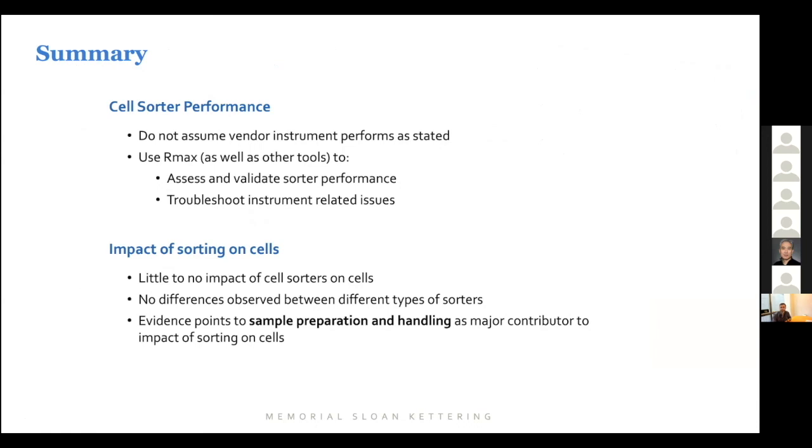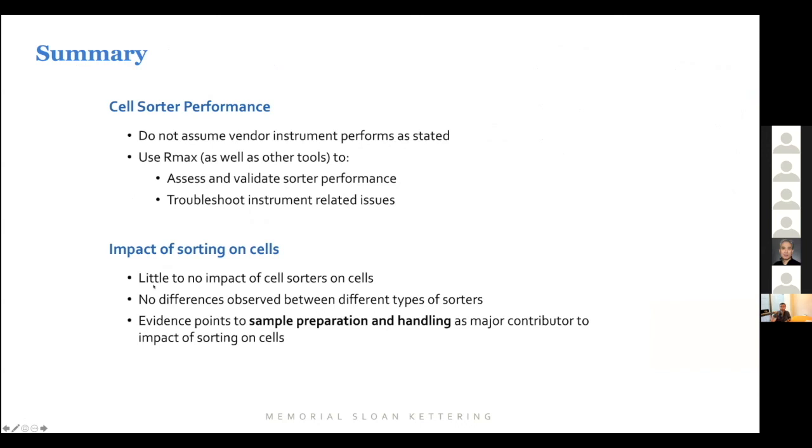Just as a summary, in terms of cell sorter performance, the point that I'm trying to drive here is: do not assume that the vendor instrument performs as stated. You need to validate that. You can use Rmax or any other tool to assess and validate the sorter performance, and even to troubleshoot any issues that you have. In terms of impact on cells, most, if not all, of the systematic studies that have been done